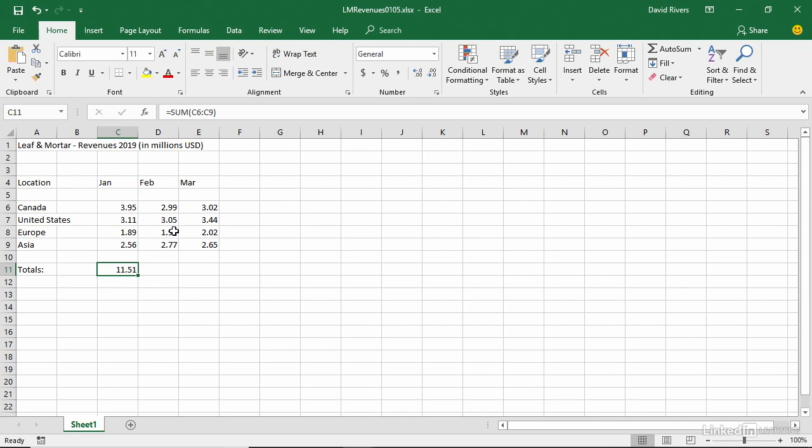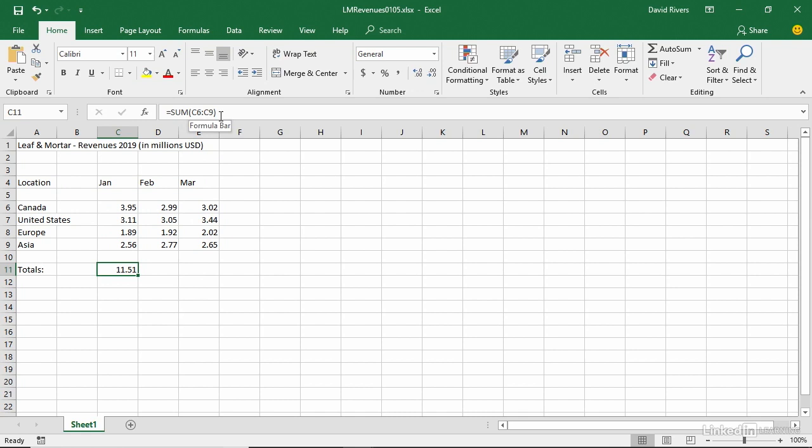So we need to do that for February and March as well. And yes, we could go to cell D11 and fill in that cell with the appropriate function and range, which would be D6 to D9, and then go do it again over here for column E. But why repeat ourselves when Excel uses something by default known as relative cell addressing? That means if we come over here to cell C11 and copy this function or formula, and then paste it over here in column D, it's actually going to use the range D6 to D9. And if we paste it over here in cell E11, you got it, it'll use the range E6 to E9